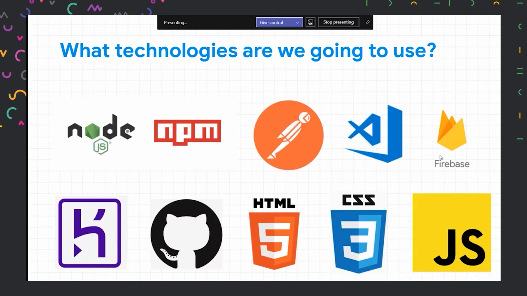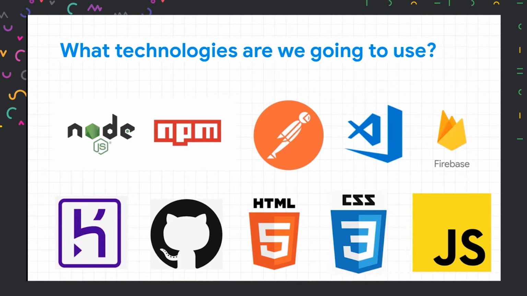So, who can recognize these icons over here? Let us see in the chat. Right, Sadhna, that's Visual Studio Code. The fourth icon we have is Visual Studio Code. It is an IDE where we write our code, and we can have many extensions built for it. So yes, we will be using Visual Studio Code over here.